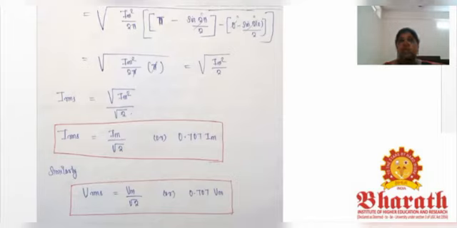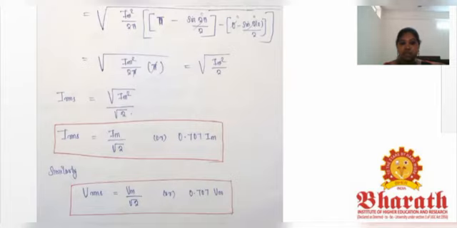Now Irms is equal to root of Im square divided by root of 2. That is, I am splitting the root for numerator and denominator separately. So when I split the root like this, the square and the root will get cancelled. So Irms will be equal to Im divided by root 2. When I divide 1 by root 2, I will be getting 0.707 Im.